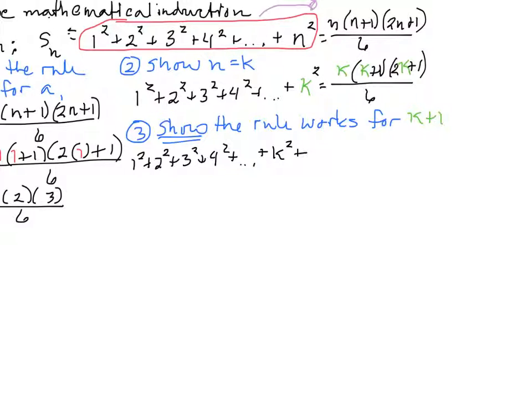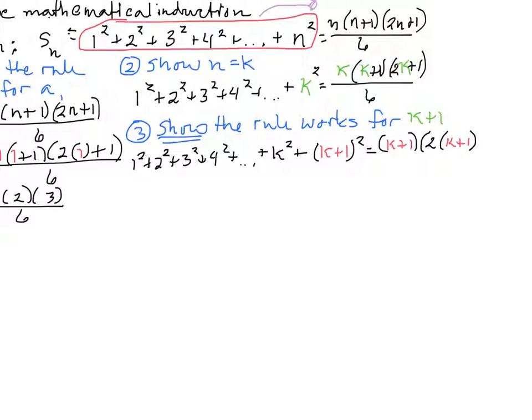Now what do I put? So then I put parentheses, and then I'm going to use red for this. So we're going to put in k plus 1 wherever we see a k now. Squared equals. You always take whatever this is and write it again, but put the k plus 1 in there. And on the right side, wherever you see one of these green k's, we're going to put in a k plus 1. So we've got k plus 1. It gets a little long. So that's in parentheses, times 2 parentheses, k plus 1,